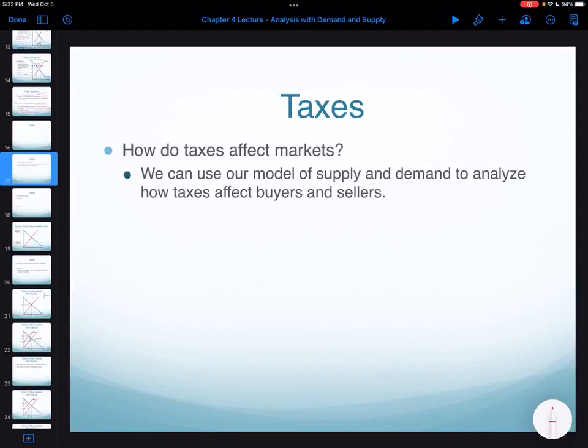Now it's time to dive into taxes. Taxes are usually not everyone's favorite subject, but what we're going to do is analyze how taxes affect markets using our supply and demand diagram, our tools, okay? So let's look at how taxes affect markets, and we can use these tools to understand what's going on when taxes are levied on a product or a good or service. First we're going to talk about a few terms,